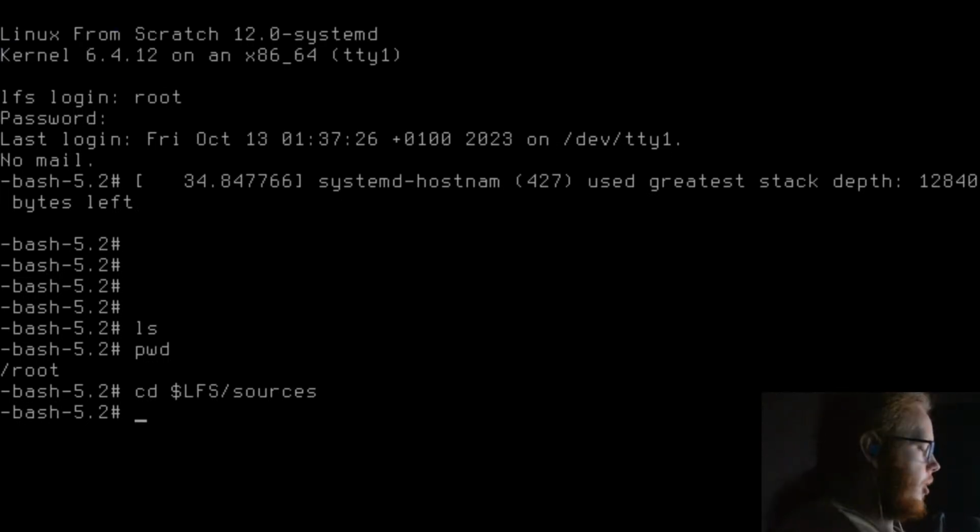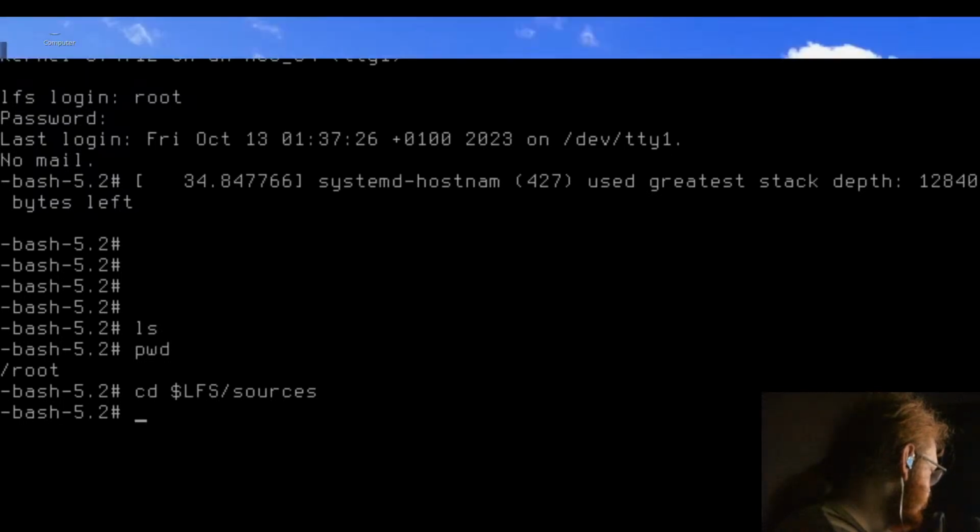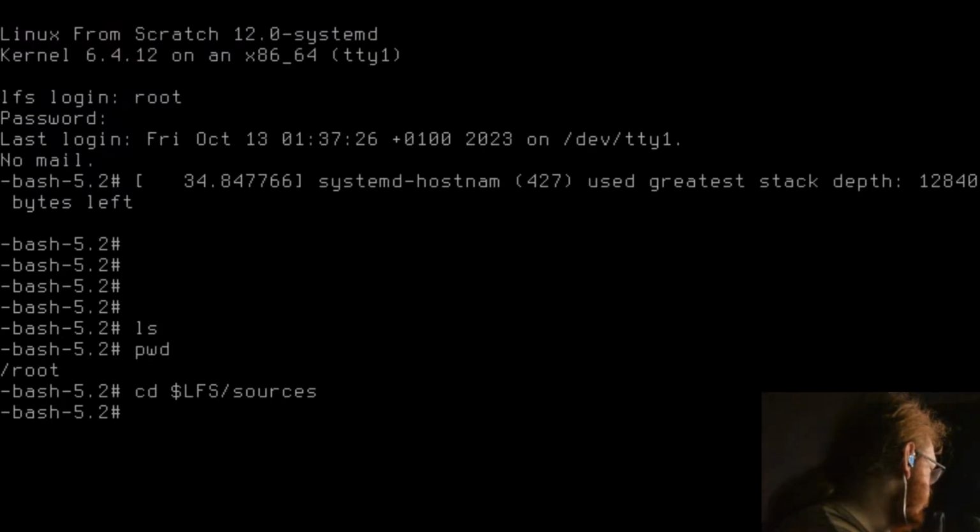I remember last time round, because Pancake Sparkle will remember this one, for some reason Mesa runs out of RAM. And I don't know why.